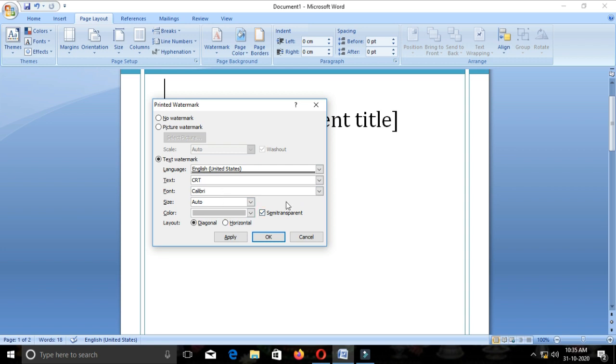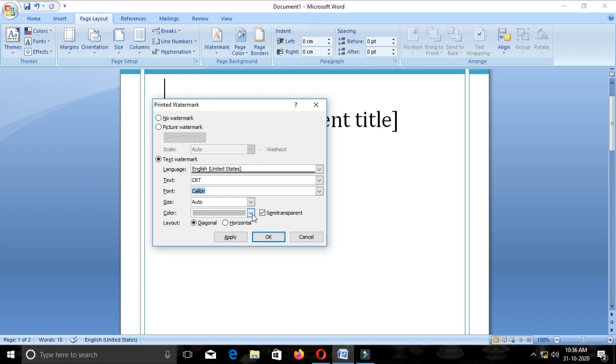Second, the design of the font, I leave as it is. If you want to change the font, you can change it by choosing this drop menu. Then the size is auto. The color is the default color, I am leaving it.